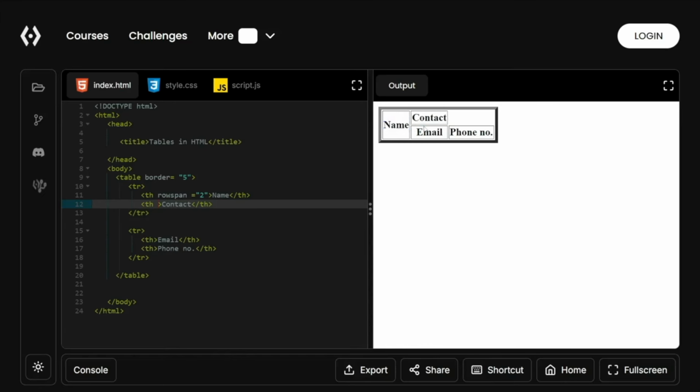This is 1 column, this is 2nd column. We shifted email and phone number to the right. We made the name take 2 row spaces. So this time I'll give a value called column span. I'll type column span and give a value,